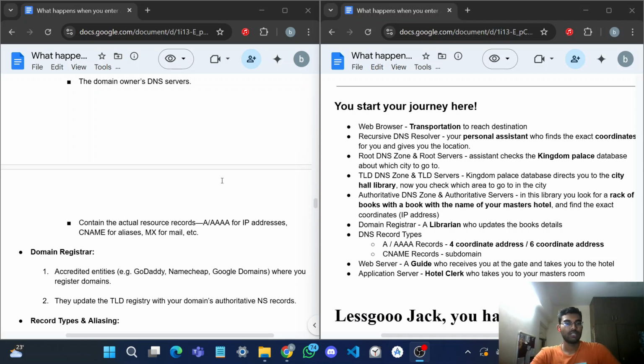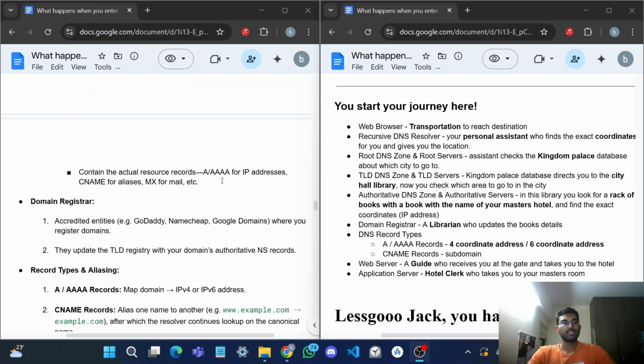So all you need to know is that these are the types of domain names or IP addresses that can be entered. There's another thing that I'd like you to know, which is the domain registrar. The domain registrar is kind of that librarian that I talked about earlier. The librarian is nobody but a person who maintains all the records, maintains all the books in the correct order. Similarly, a domain registrar is an entity where you can register domains. Let's say you want your own domain. You would go to a domain registrar like GoDaddy or Namecheap, or you can even go to Google Domains, and